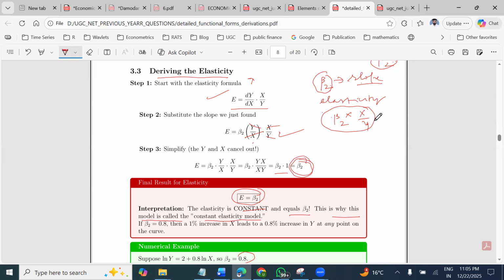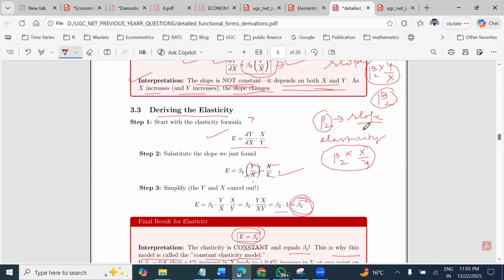So there is a reversing logic you can remember, or you can find some tricks to remember. Beta 2 is different in both cases. In the log linear model, beta 2 is elasticity, whereas in the linear model, it is slope. If you remember this, it is fine,